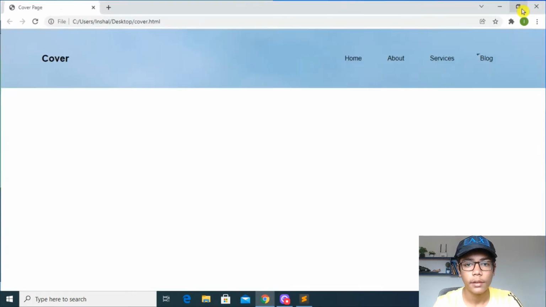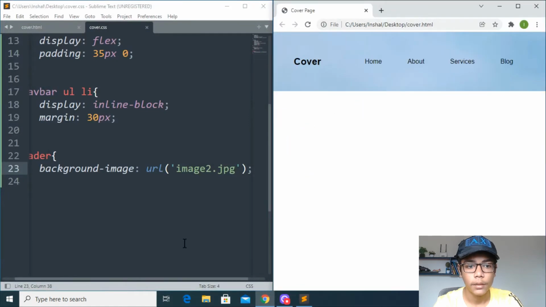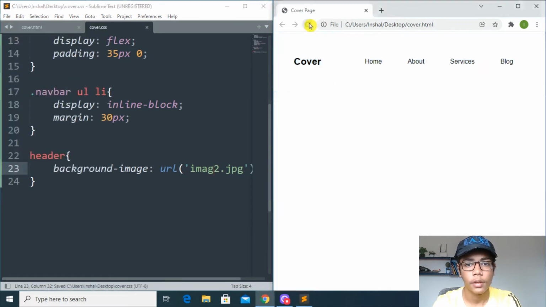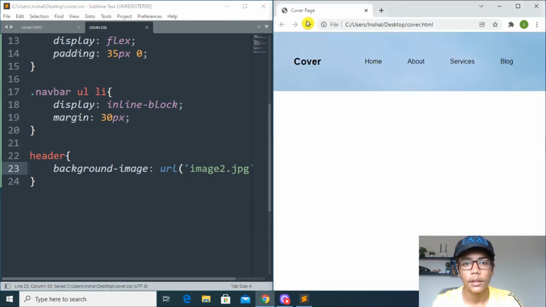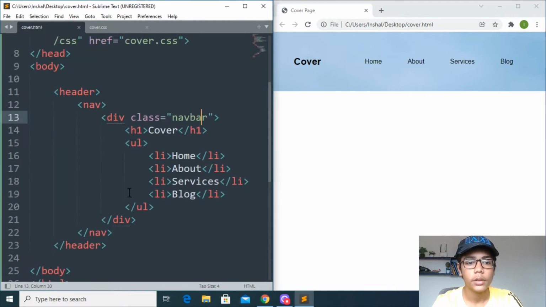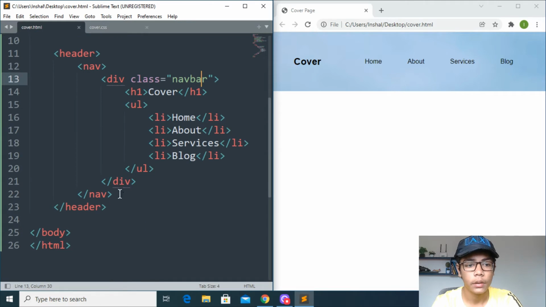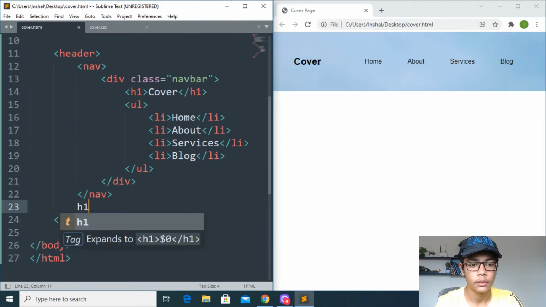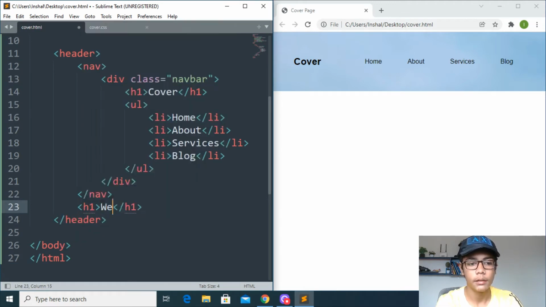You can see we are getting one image, but it is only at the back of this. So here I will be showing you how to do that. If I remove anything and save, you can see it is gone because now the name is not correct. Save that and reload that. So it is coming here, and here I will be doing one thing. I will be moving here, then writing an H1 tag, and here I will be just writing website, and here I will be writing another H3 tag.